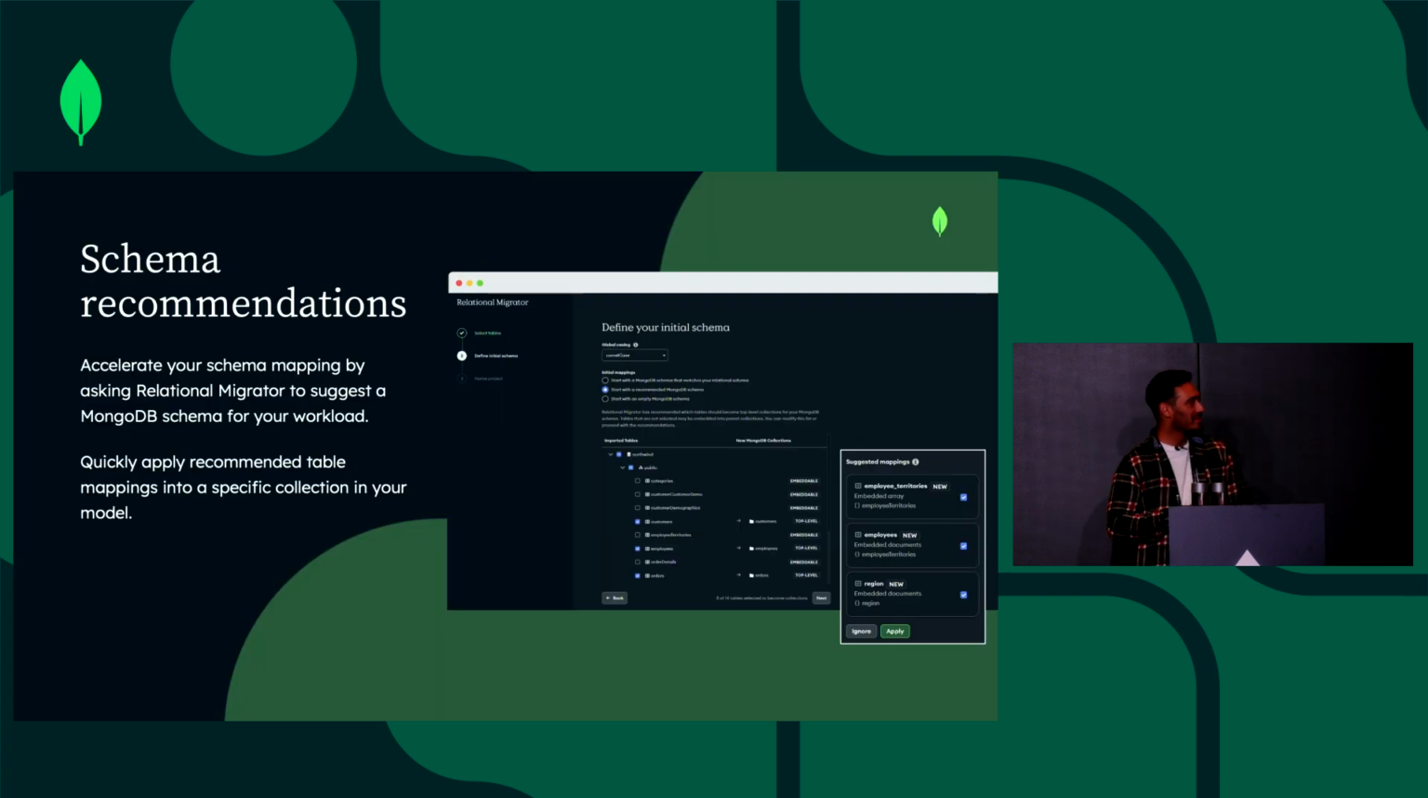So the first page that you'll come across when using the tool, once you've connected to your source database, in this instance, let's say you've connected to a Postgres database, you'll be given the option to get some schema recommendations. So you can either work off a schema that's suggested by the Relational Migrator tool, or you can start off with a blank slate. Most people will probably use the Relational Migrator recommendation, and you can also quickly apply recommended table mappings into a specific collection in your model as well. So once you're happy with that,